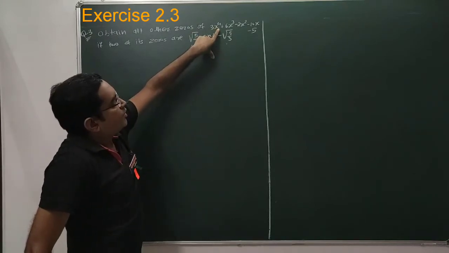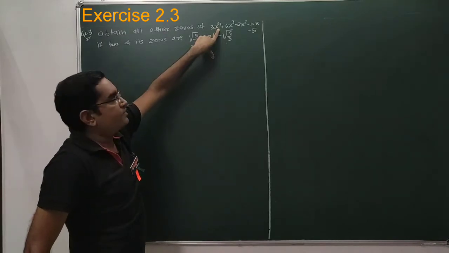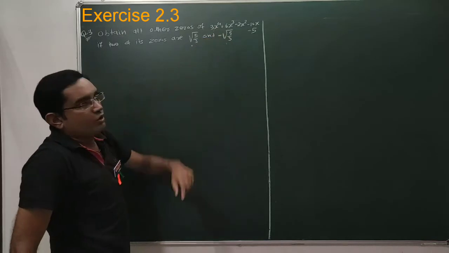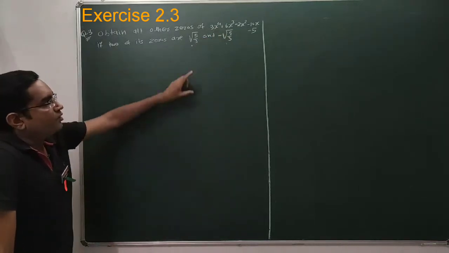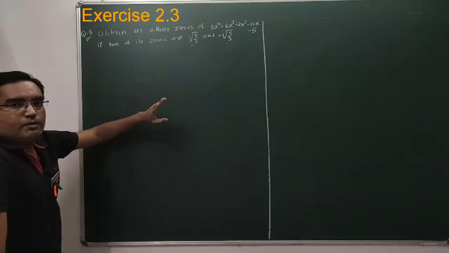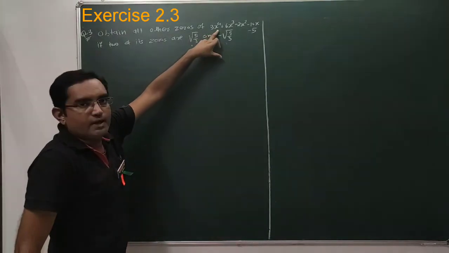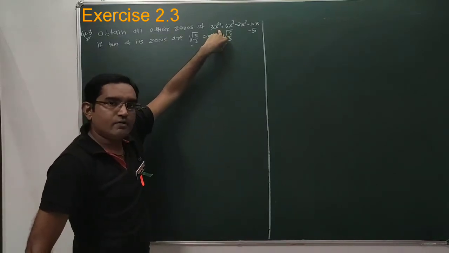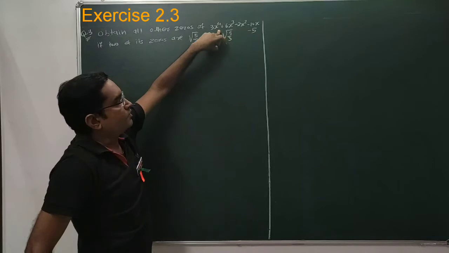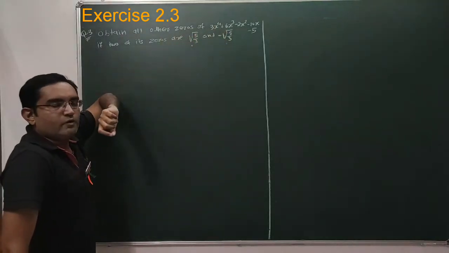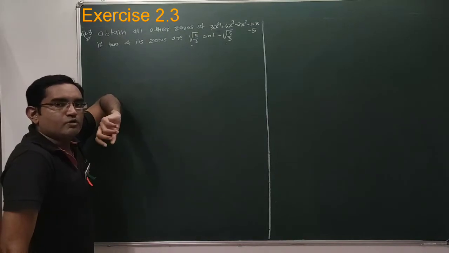So the polynomial with maximum power of variable x is 4. Maximum power 4 is there. So degree of this polynomial is 4. We have studied that the maximum number of zeros that a polynomial can have is equal to its degree. For linear polynomial, degree is 1, so maximum 1 zero is there. For quadratic polynomial, 2 degrees is there. So for any quadratic polynomial, only maximum 2 zeros are there.